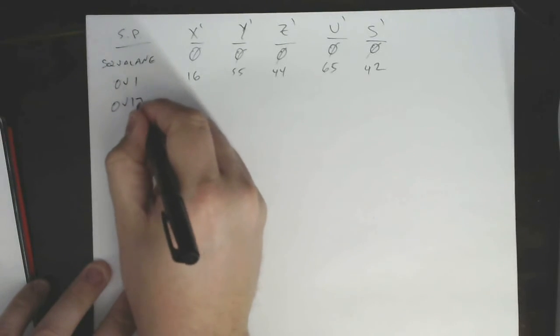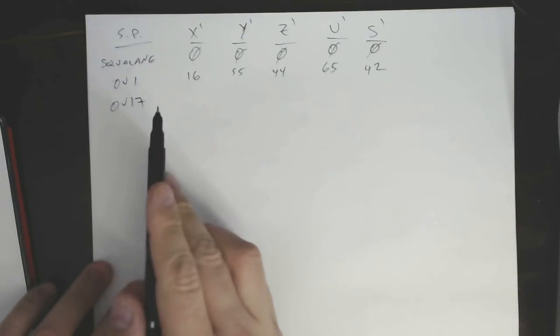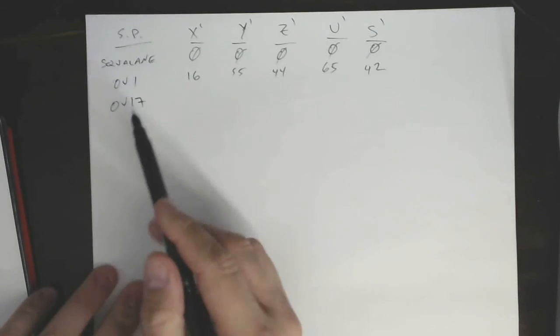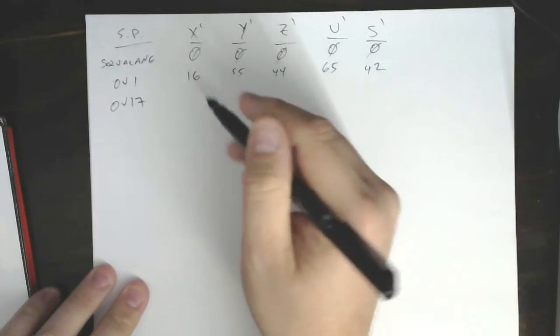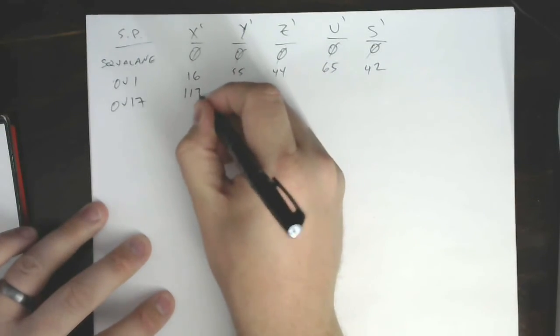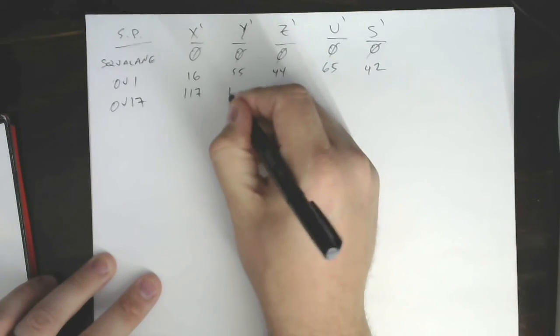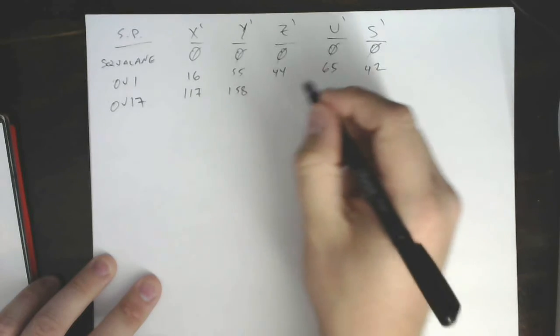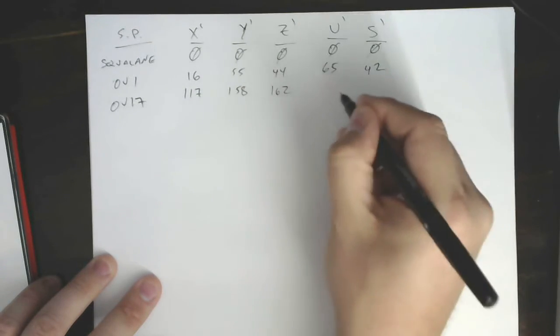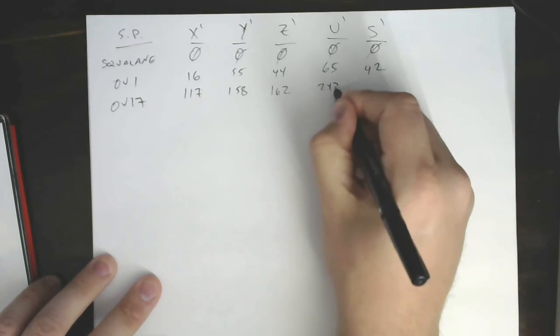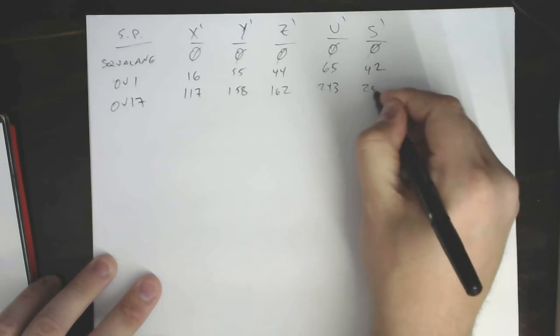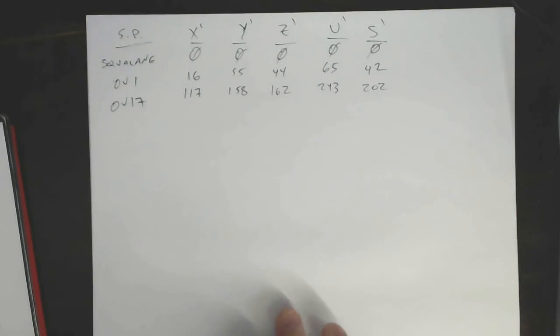Here's OV17. This is the thing that's 50% PDMS and 50% cyano, right? 50% of the R groups are CH3, 50% are cyano. That cyano is a lot more strongly polar, and so it models a lot of these forces a lot more effectively. 158, 162, 243, and 202. Okay,